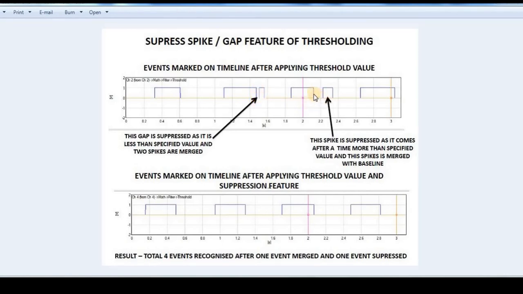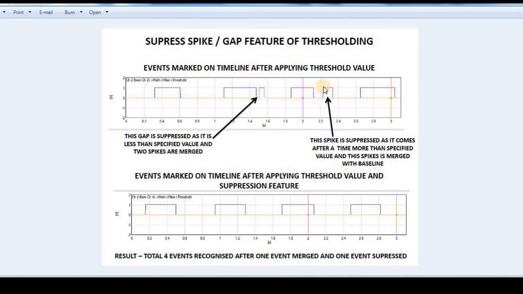In the same way, if we have a gap that is very large, larger than the value that we have specified as the suppression time, then this will not be taken as the activation period of my actual muscle. This will be taken as 0, and we are now suppressing the spike. So the feature is suppress spike or suppress gap. In this instance we are suppressing the time gap.